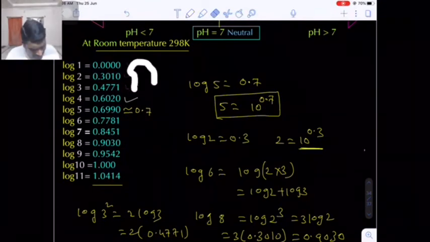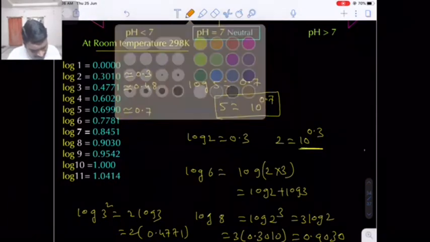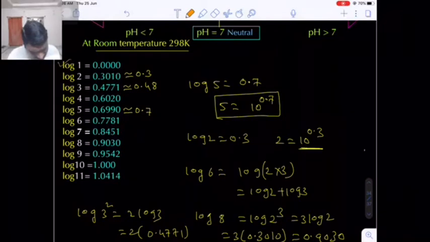Now here we only have to remember 3-4 values. Okay. What are the values we have to remember? For calculation point of view, you can take this as 0.48. For calculation point of view, log 2 you can take 0.3. Now what values do we have to remember? Number 1, we have to remember log 1, log 2, log 3, log 4, nothing but 2 log 2, and we have to remember log 5, log 6, nothing but log 2 plus log 3, and log 7, log 8, nothing but log of 2 cube, log 9, nothing but log of 3 square, and log 10 value 1 and log 11 value 1.0414.